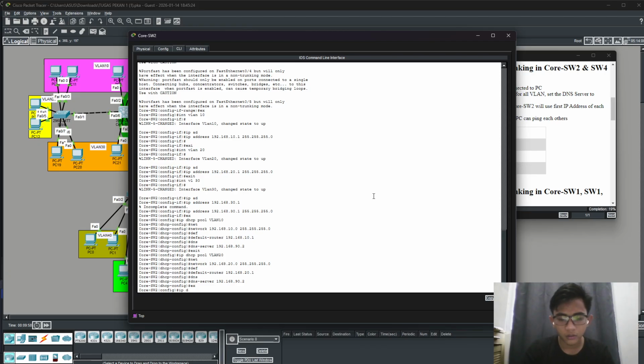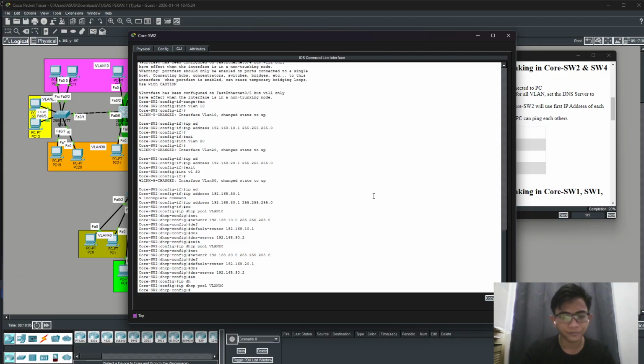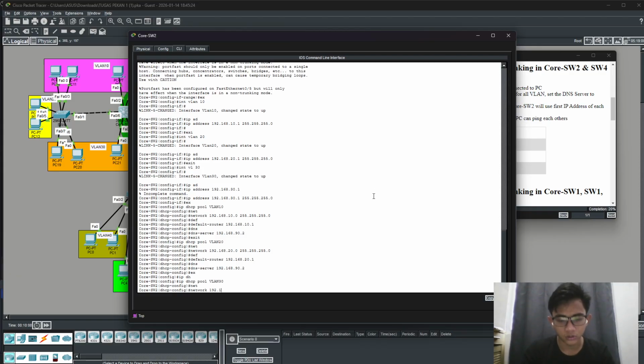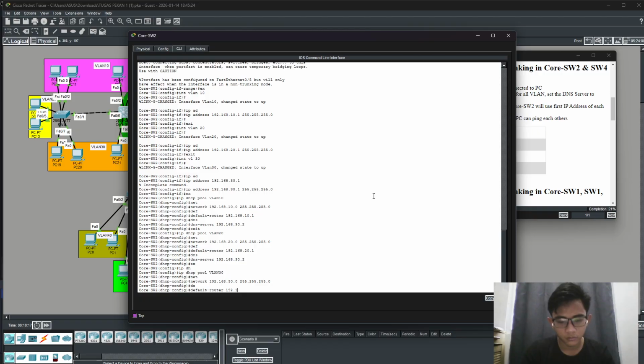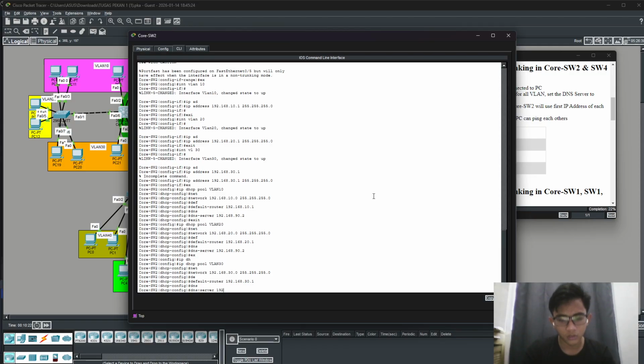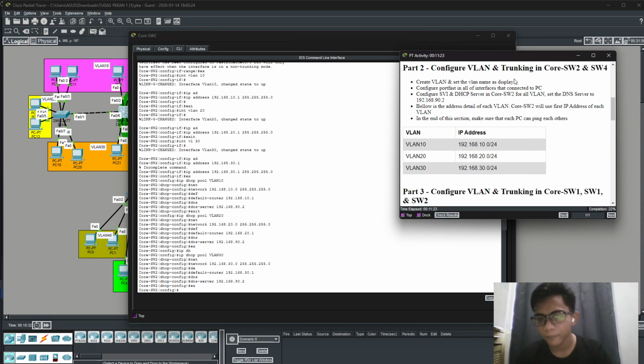Again, DHCP pool VLAN30, without spacing. The network is this. Default router, and the DNS server is the same, guys. All of the clients will use this DNS server. Exit.